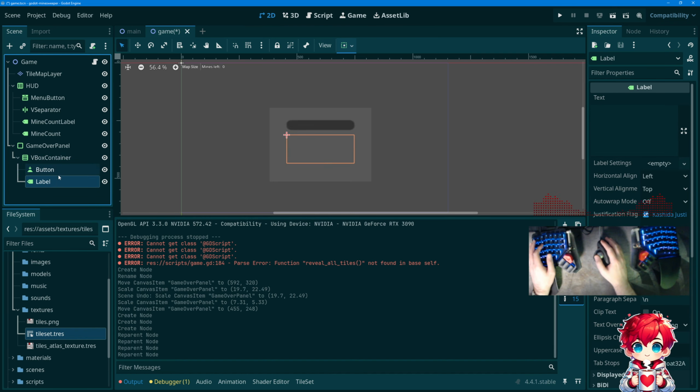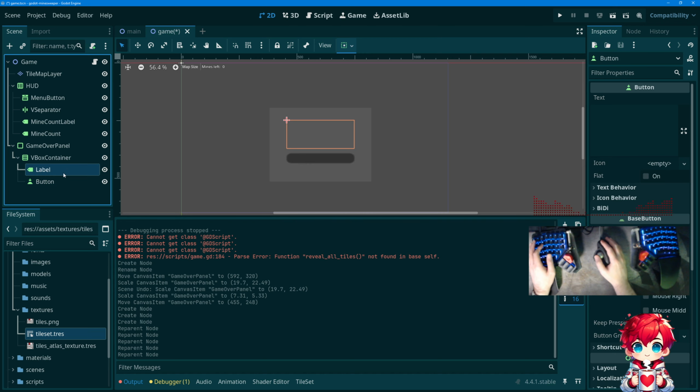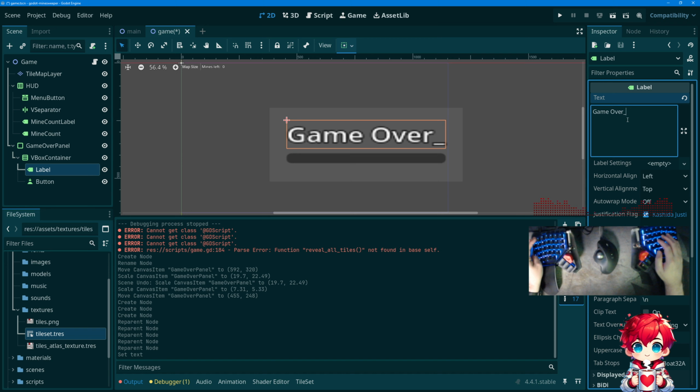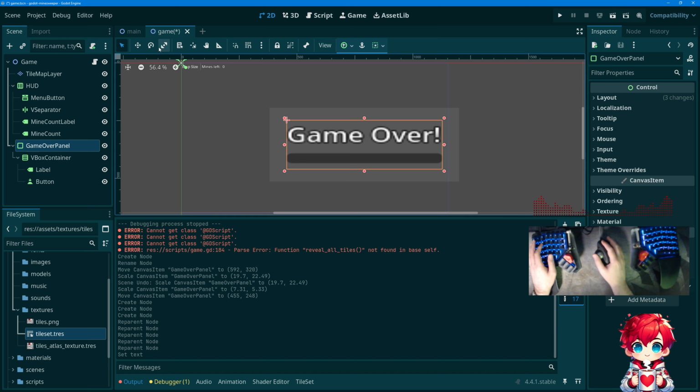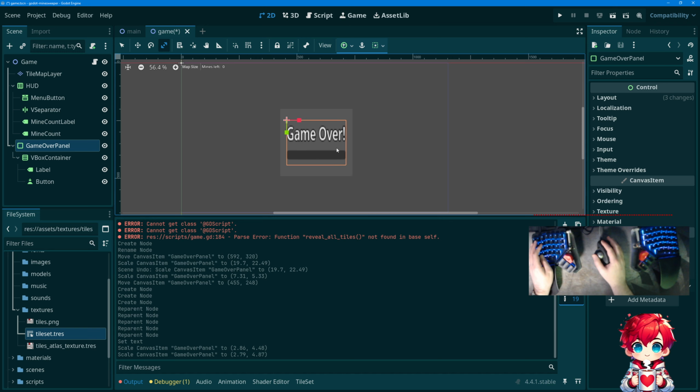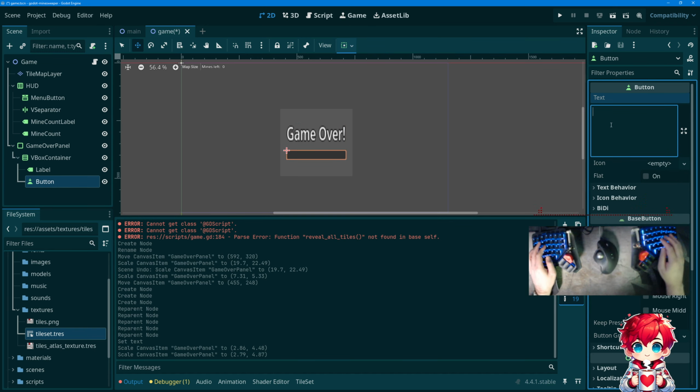There, like that. Below that, there we go. Label. It's gonna be game over. So pretty. All right. Let's resize this a little bit. Sure. And then the button is going to be